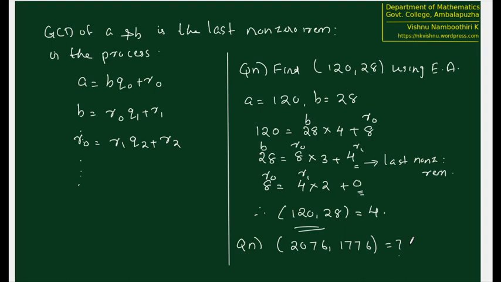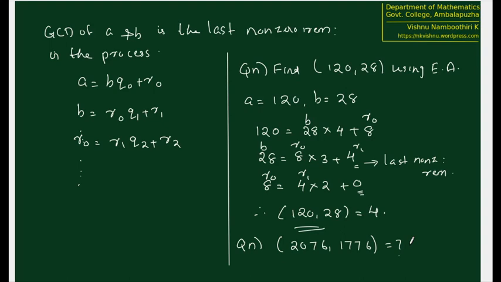So we saw the Euclidean algorithm in action in one example, and we can do many other examples like this. The good thing about the Euclidean algorithm is that if we have to find, for example, the GCD of 120 and 28 directly, then we have to write down all the divisors of 120, and the divisors of 120 are 1, 2, 4. After that, 6 is there. 8 is probably there. All these things we have to take, and then we have to take the divisors of 28. It's going to be a huge task.